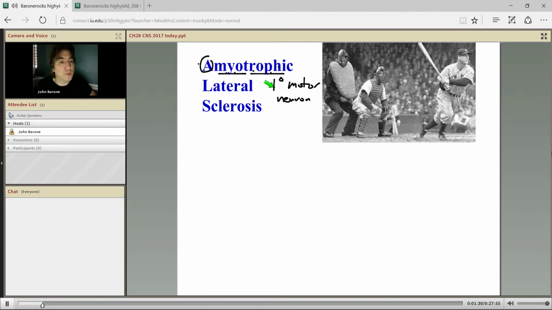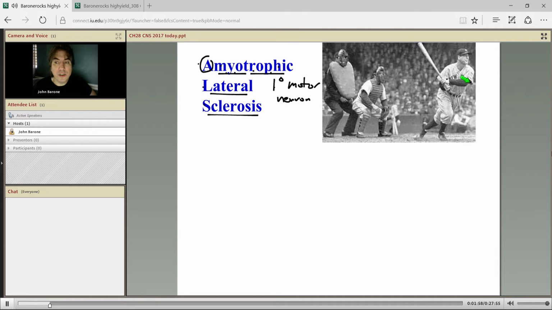Amyotrophic: the muscles are weak and they're atrophying because the motor neurons died. And remember, the upper motor neurons are the corticospinal tracts, which are located laterally in the spinal cord. So those lateral corticospinal tracts are going to die, and then they'll get fibrotic. That's what got its name, lateral sclerosis, because it's the lateral portion where the corticospinal tracts are, and also the lower motor neurons will get sclerotic and show gliosis.